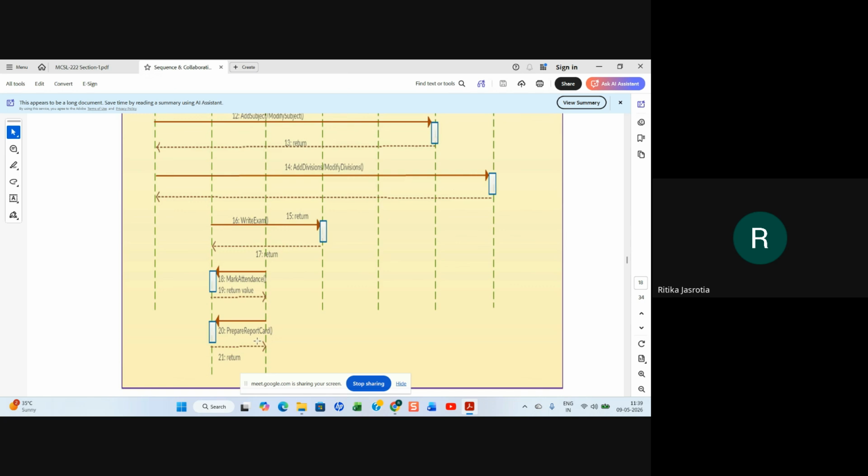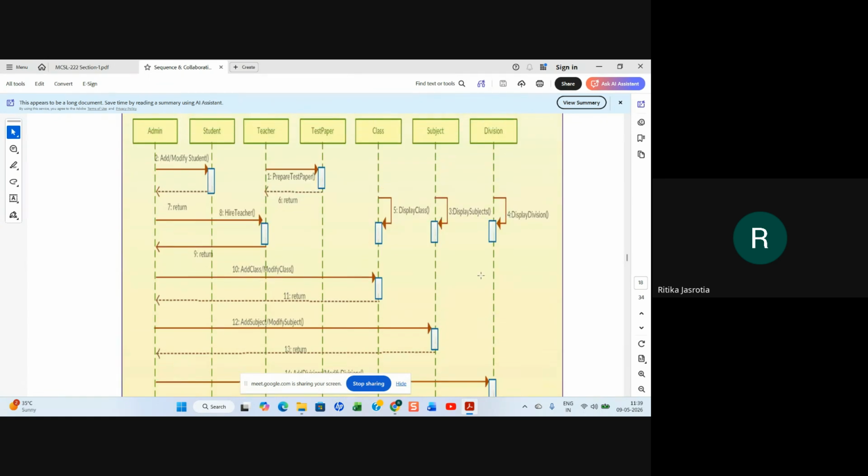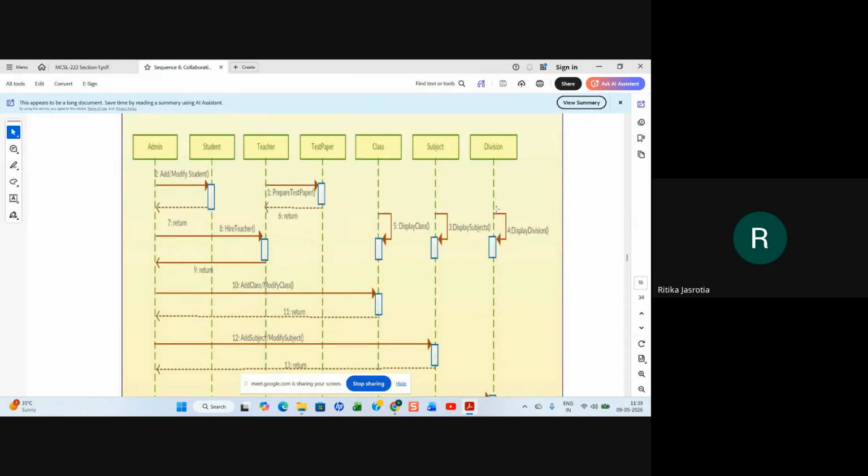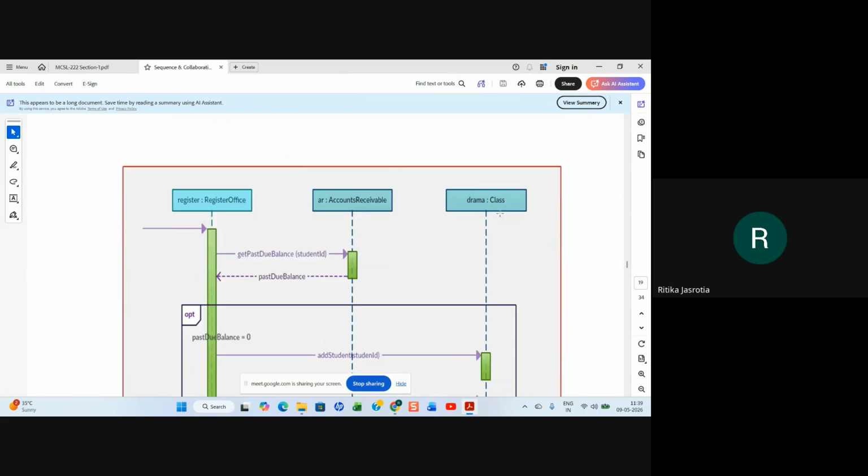The teacher can also prepare the report card of the student, and a return status is given to her. Then the class itself displays the class name, and it can display the subjects itself, and the division can display itself, which division, which class, which subject it is. That is what they have shown in this diagram.